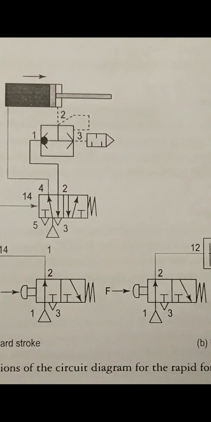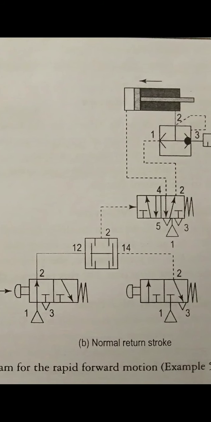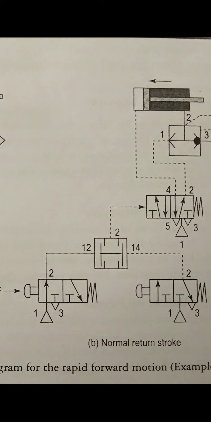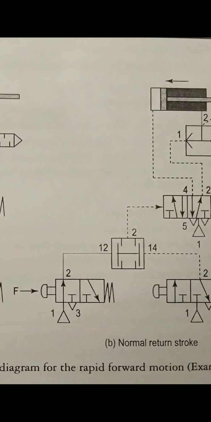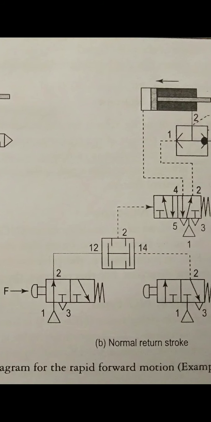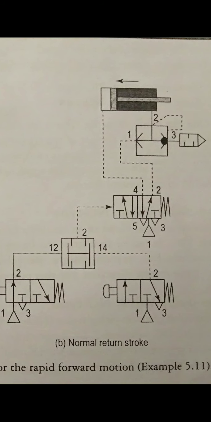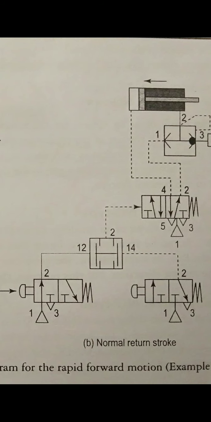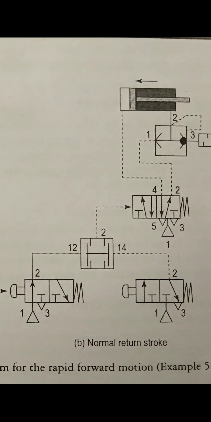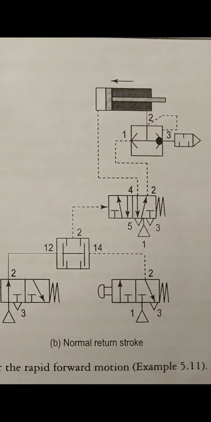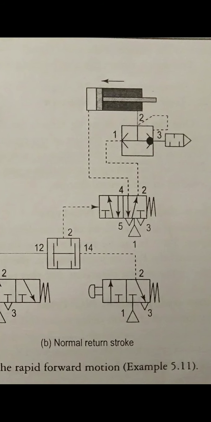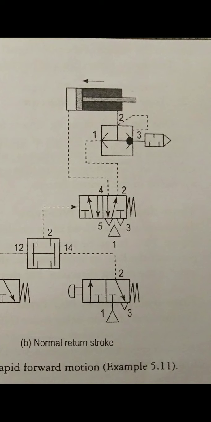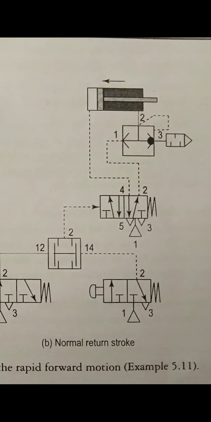This was the quick exhaust valve. Here, when the signal is released, right, 2 will move to 12, but this valve's working port is connected to exhaust, so it will not give a signal at 14. So there is no signal from this valve to the 5x2 DC valve, and so the piston will return back from right to left. So this will be a very rapid forward motion due to the quick exhaust valve.